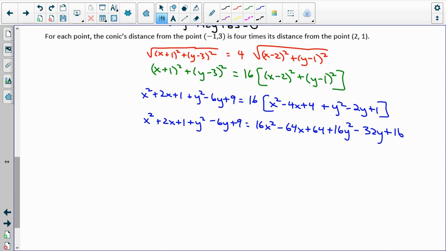Now let's combine everything. The right side is probably a better place for everything because then the x squared and the y squared will both be positive. So I have 15x squared minus 66x plus 15y squared. Add 6y, so minus 26y. And then 64 plus 16 is 80. Subtracting 10 gives me 70. And when I look at this, I see that x squared and y squared have the same sign, and they are both